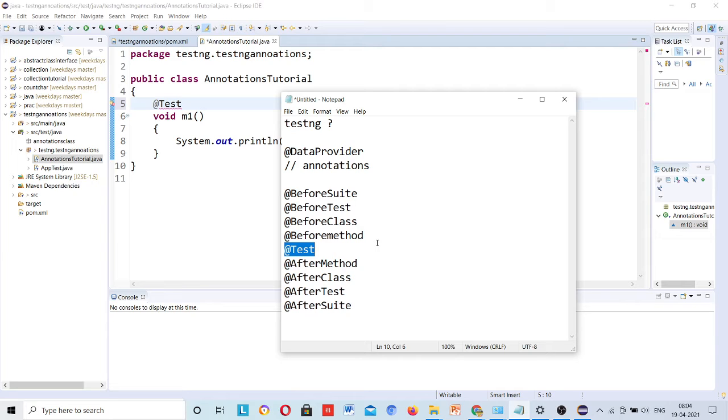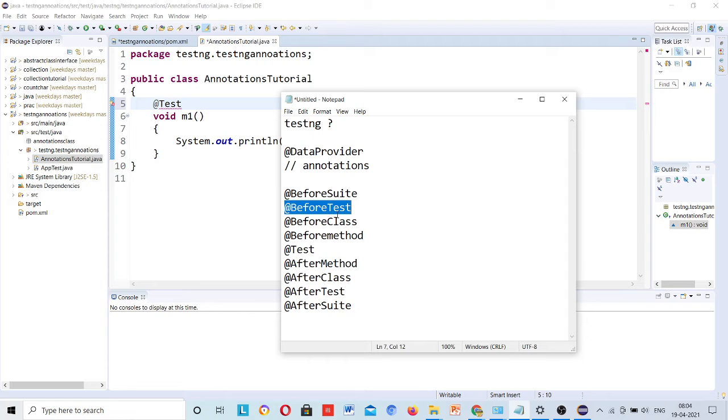Maybe the test case wants some data, so the data provider annotation will provide the data. And this before suite is a helping annotation too. If you want to delete anything before the project starts, like cookies or history, then before suite can help you, but it will not be considered as a test case. It will be considered as a prerequisite completion, anything that should be completed before a test case starts.